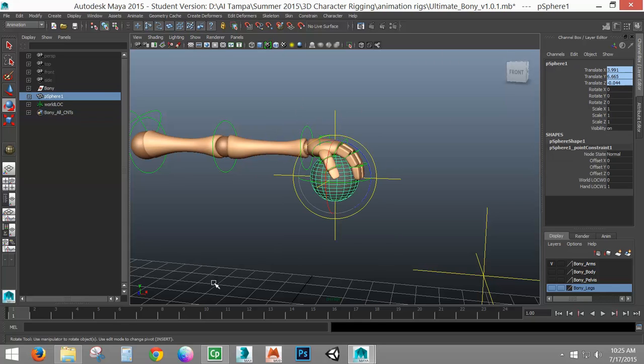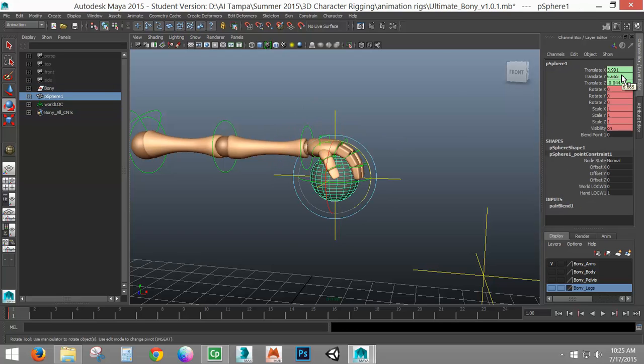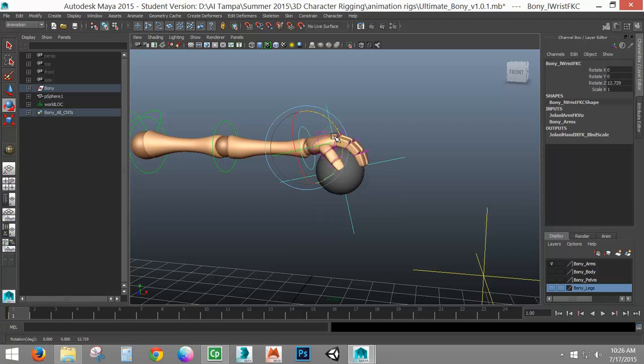It's blue. So if you ever accidentally key this object, as in just S set key, you're going to see green. Green is bad. Green means that it has two connections, and you'll even see it below that it has this new attribute called blend, and if you go and rotate your hand, you'll see it's not following along anymore and you broke it. So if you ever see green, green's bad. And in this case, what green is actually representing is my object has a keyframe and it has a constraint, so it's following the keyframe right now, no longer my constraint. If I delete that keyframe, poof, blue back, and I'm working just fine.